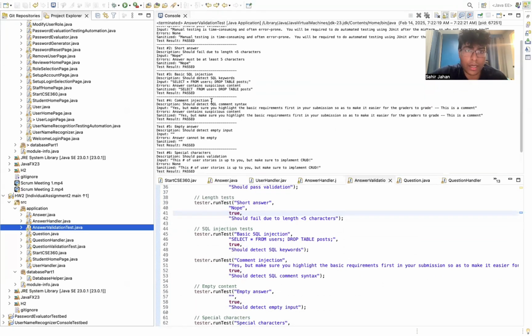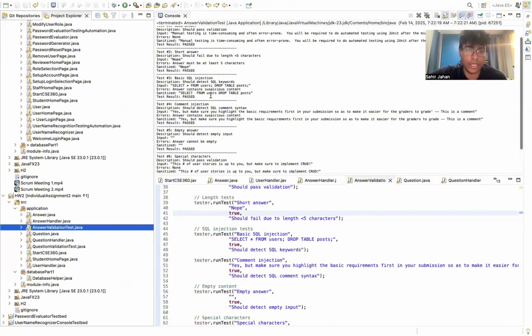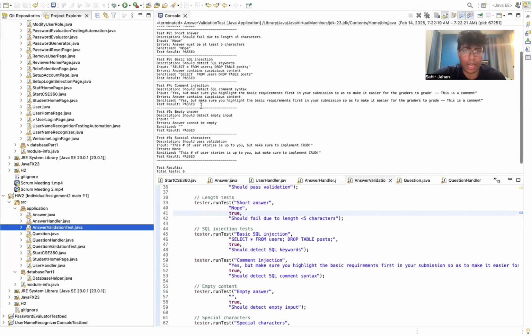As you can see, for your basic SQL injection, it sanitizes it so that it gets rid of the characters that are necessary for the SQL injection to occur. So it no longer has that type of asterisk that you would need to make that SQL injection occur. And then comment injection, it gets rid of that apostrophe